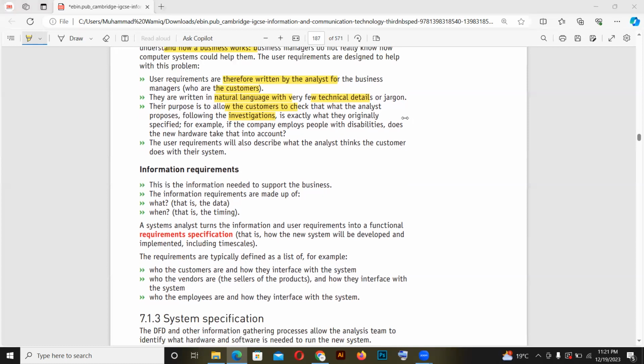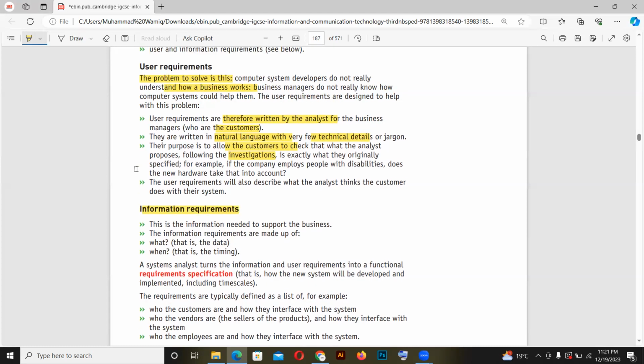Okay, now let's move on to the information requirement, and now we are going to discuss the difference between user requirements and information requirements. So user requirement, I just explained to you in simple and easy words, is what your user mostly requires. Now information requirement refers to the information that is needed to support your business, or the information that is made up of what the date is, what the timing is,